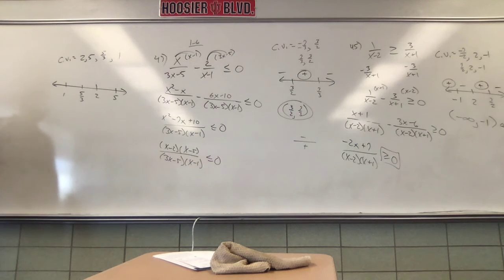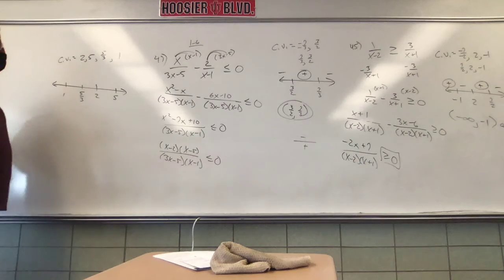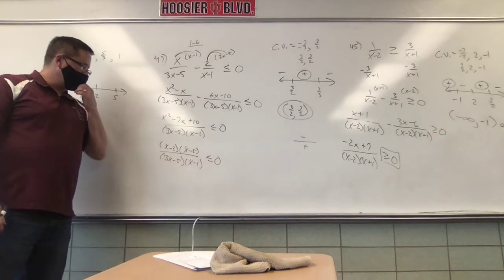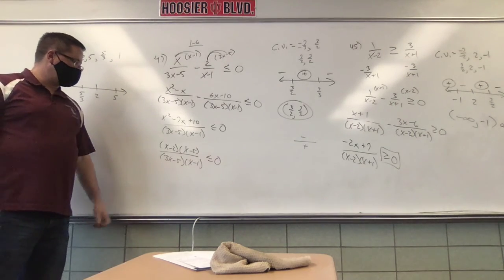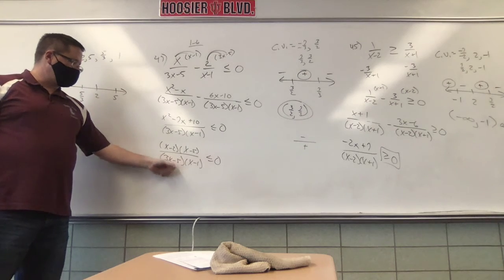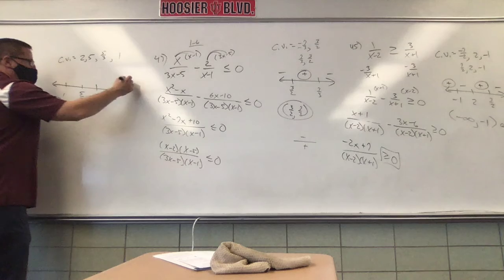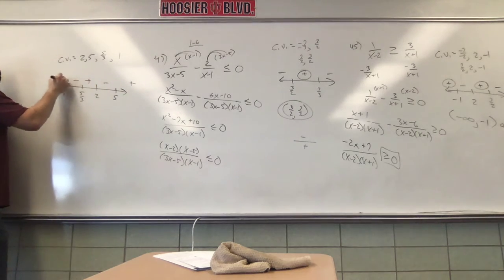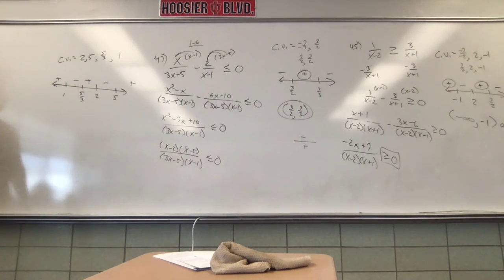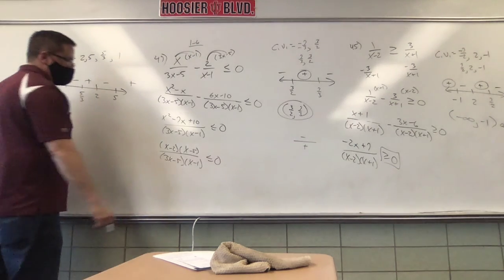This is going to flip-flop every single time. If I was to plug in 1,000, 1,000 minus 2 is positive, 1,000 minus 5 is positive, 3 times 1,000 minus 5 is positive, 1,000 minus 1 is positive. They're all positive. Everything's positive, so it's going to be positive, negative, positive, negative, positive. And we're interested in when it's